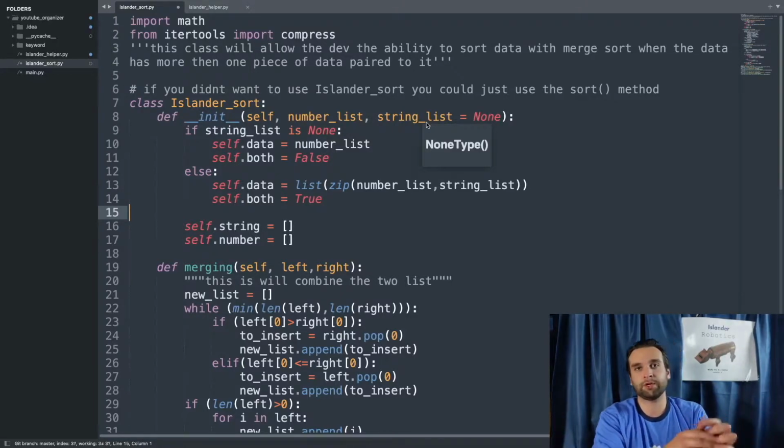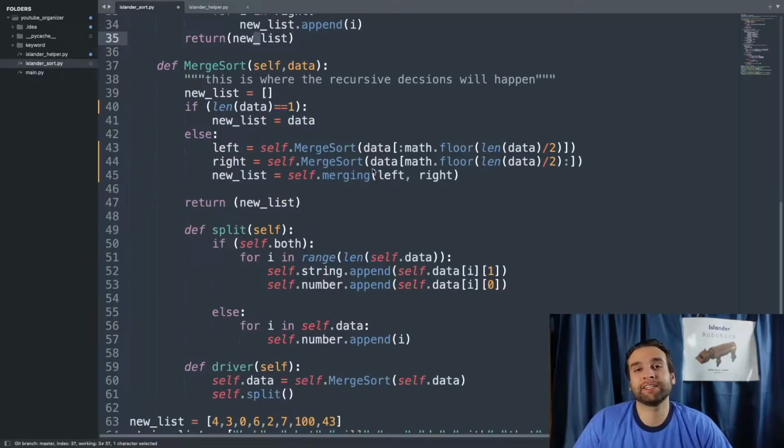We're going to have to break these apart later, which is why we have the self.string as well as the self.number both equaling an empty list. Next thing we're going to talk about is the actual merge sort, which is actually going to be broken up into two functions. The very first one is going to be, ironically, line 37,